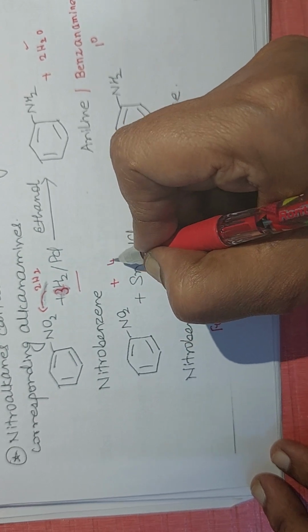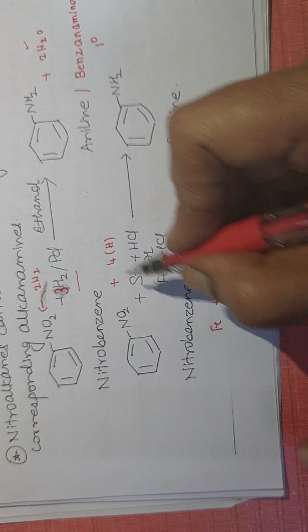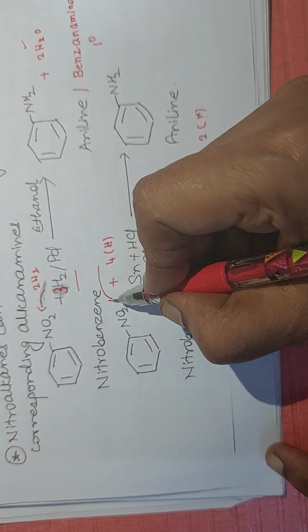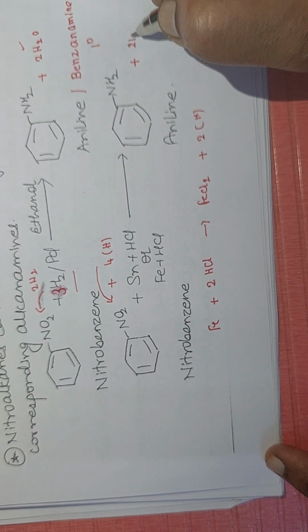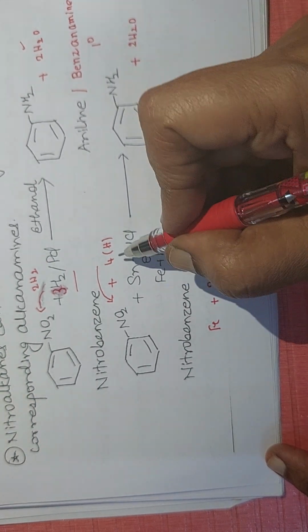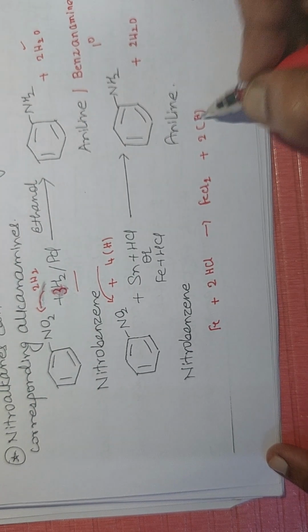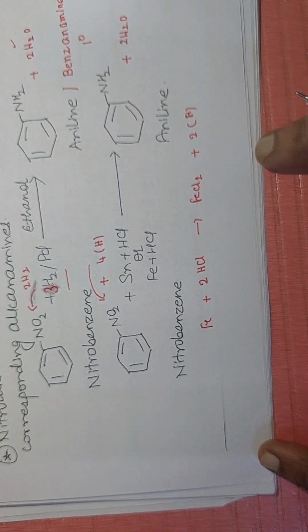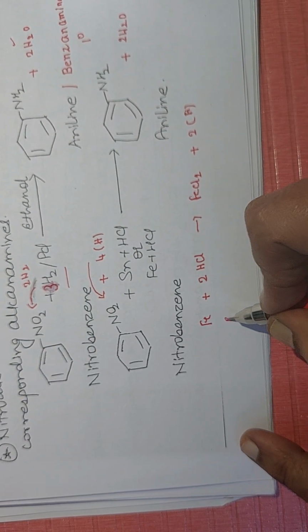Multiply and write as 4 nascent hydrogen. 2 will be added to that, 2 oxygen gets eliminated as 2H2O, and the remaining 2 hydrogen form aniline or benzenamine. And this iron scrap is the best reducing agent because ferrous chloride thus formed